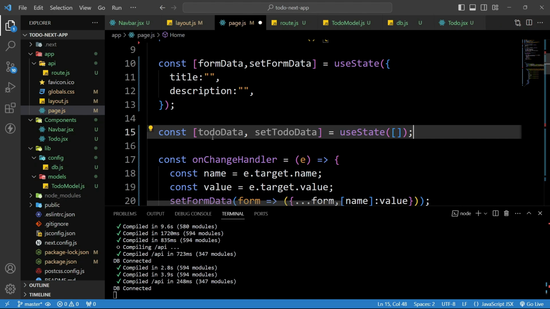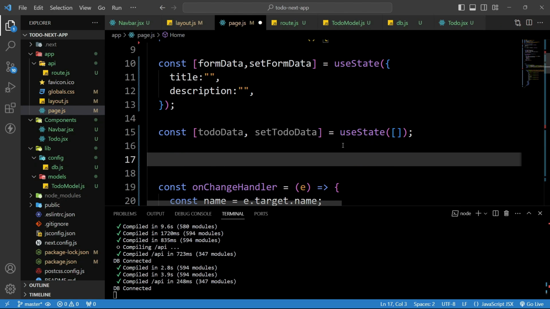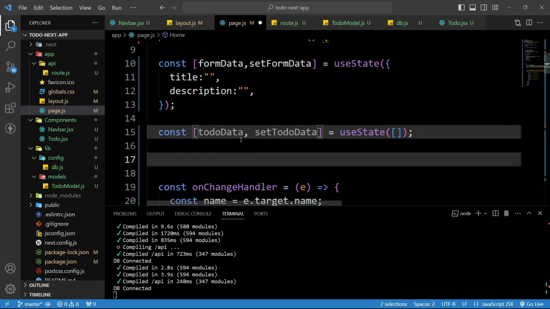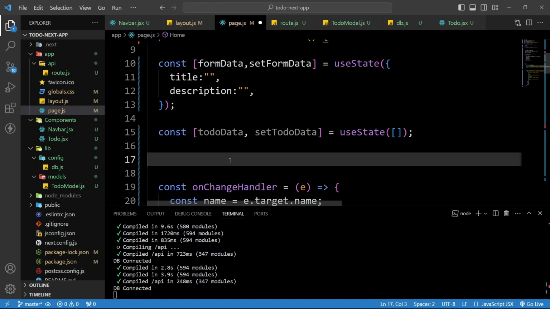After that we will create one function, fetchTodo, that will hit our endpoint, and our data will be saved in this todoData. So here we will add const fetchTodos, and this will be one asynchronous arrow function. So we will add an async arrow function,